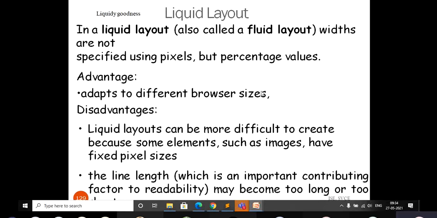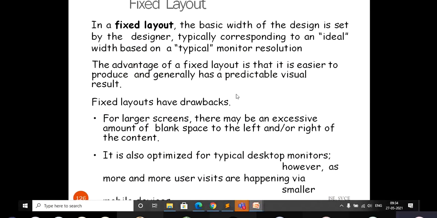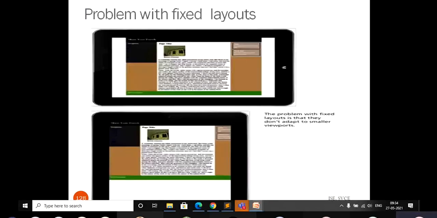This is a normal requirement, because as a user, we don't know what type of device they are going to use. So it is always better practice to go with a liquid layout. In some cases, depending on the problem you are going to solve, you can go with a fixed layout, for example if you are designing something like a newspaper layout. You can prefer a fixed layout for that. So you can go with either the fixed layout or the liquid layout.